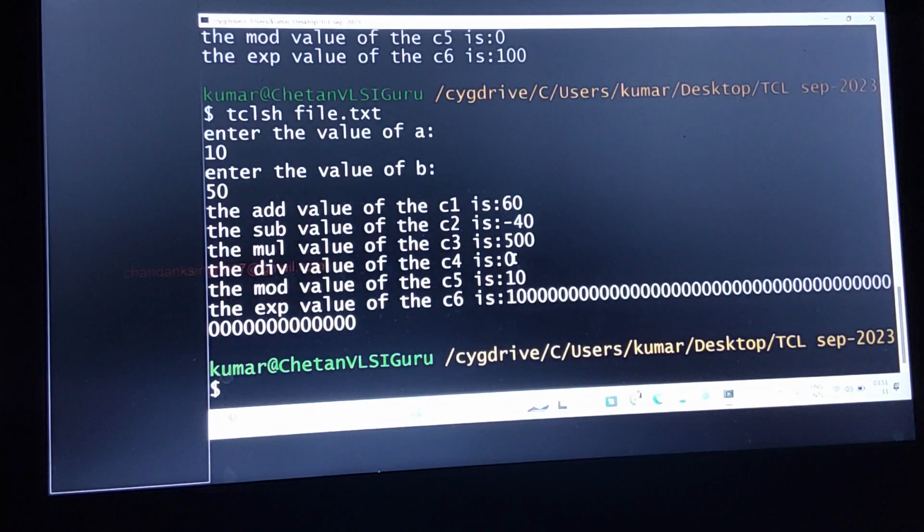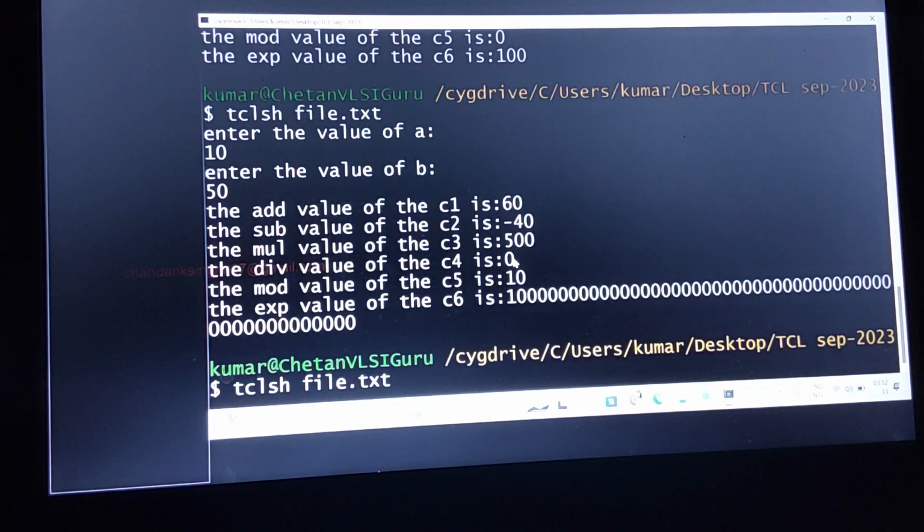It is printing only the integer part of your result, the quotient. Why is it not printing the remainder, the fractional part? The data type is integer. To print the entire fractional part in TCL, you should represent the denominator or numerator with a fractional part.